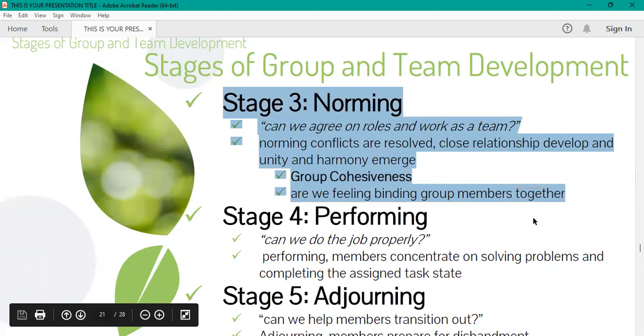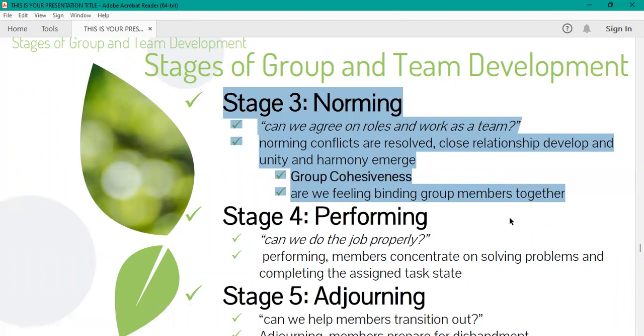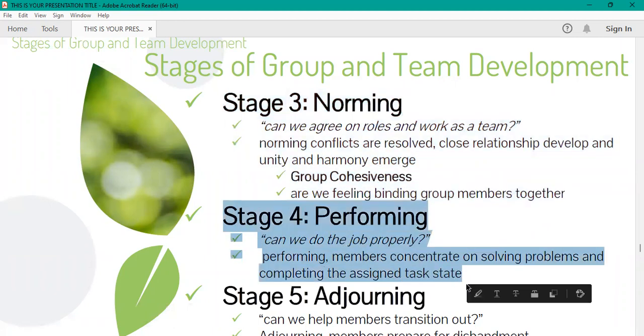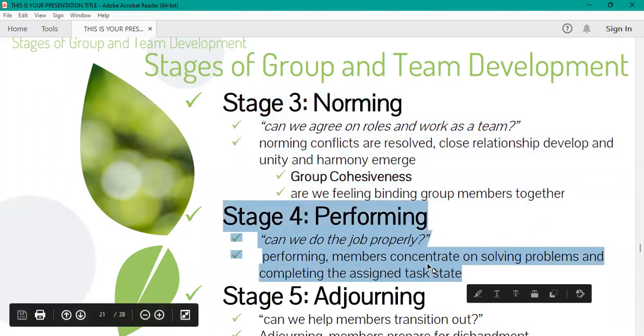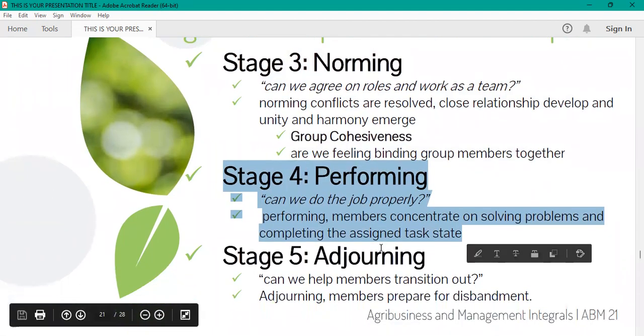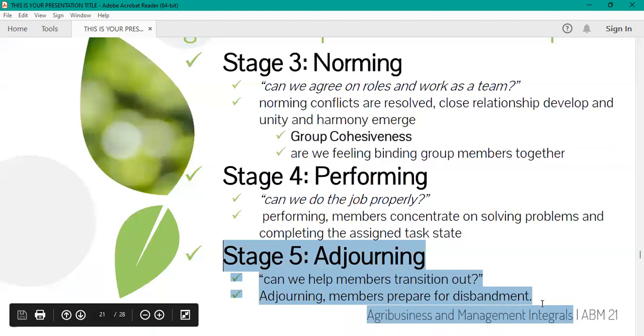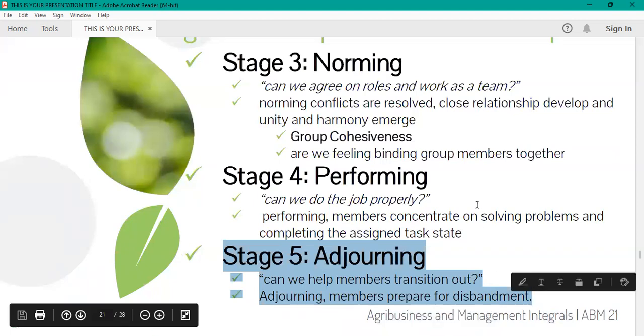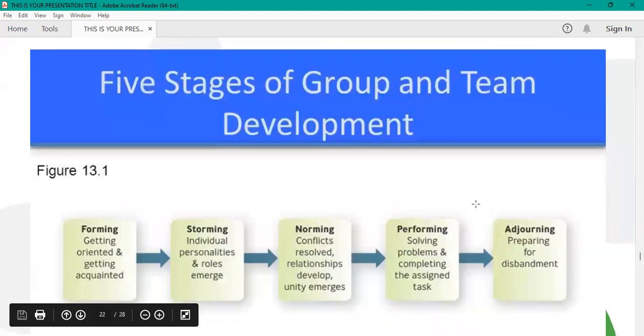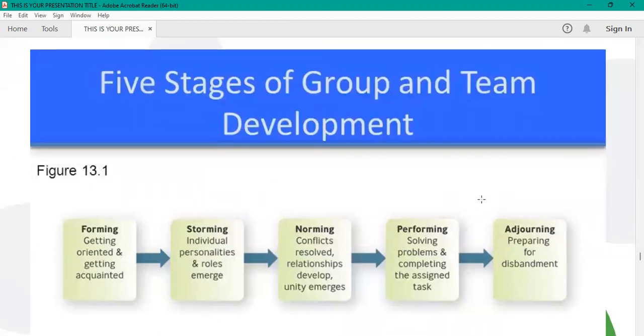So it was step one, step two, step three, up to step five. Step four, immediately perform the job, get training if still not efficient. Lastly, there will be adjournment. That is the five stages of